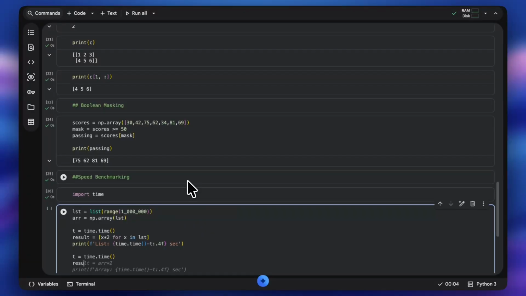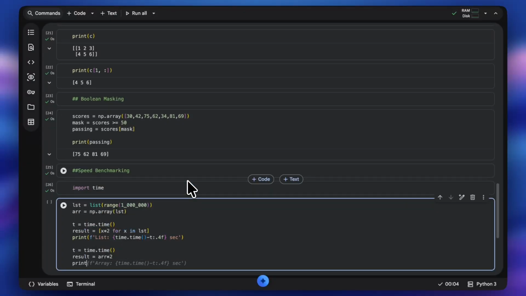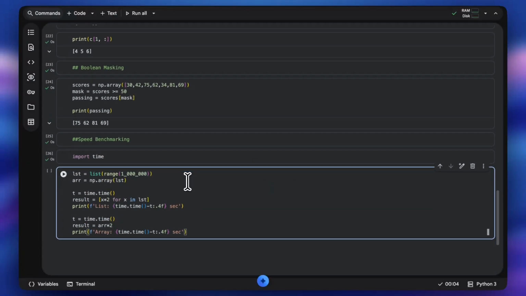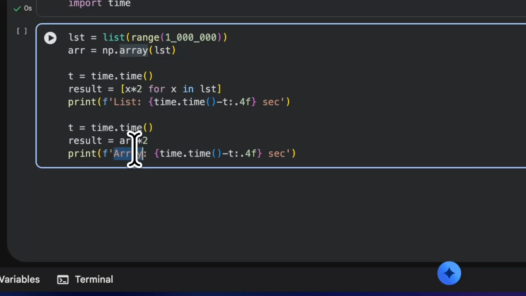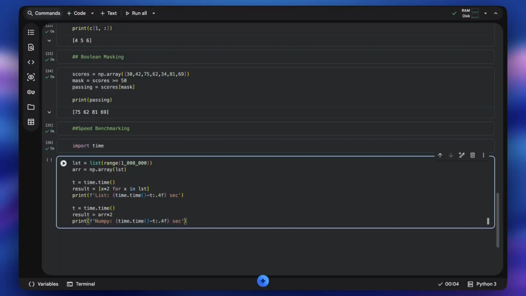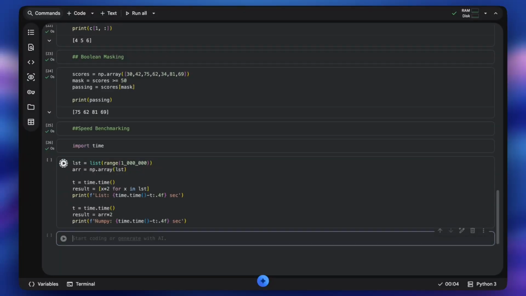So result equal to the array operation. Yeah. So we did it for NumPy too, right? So now let's execute this and check the time differences between the list and NumPy, right?